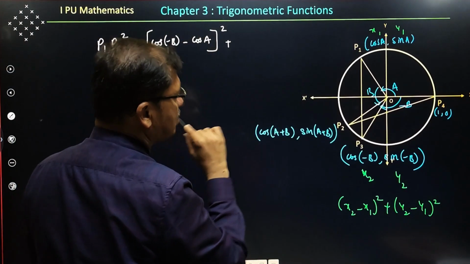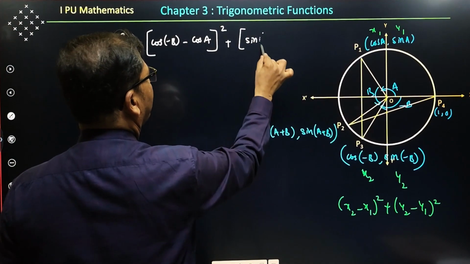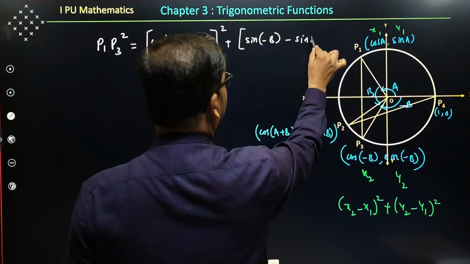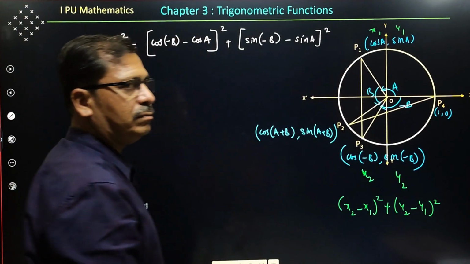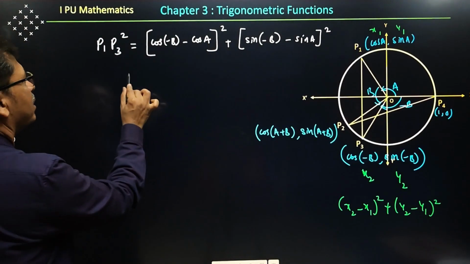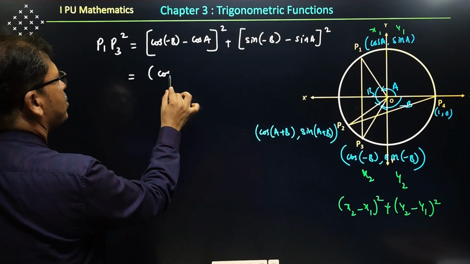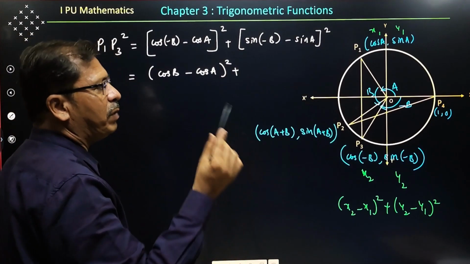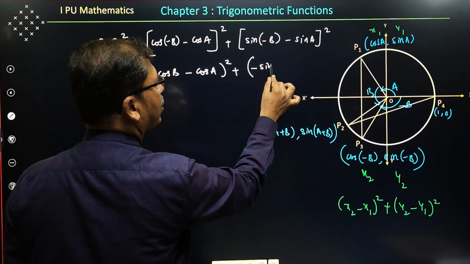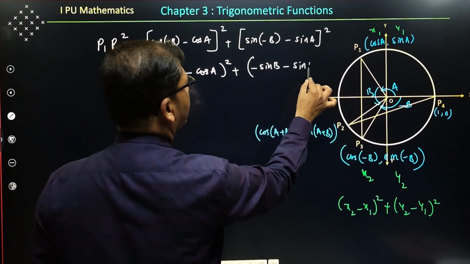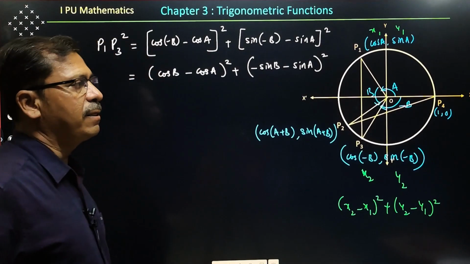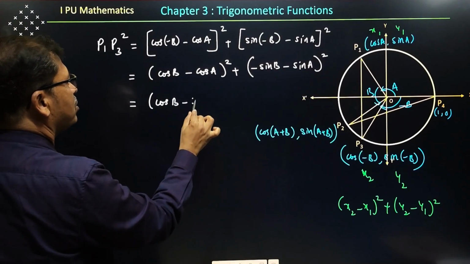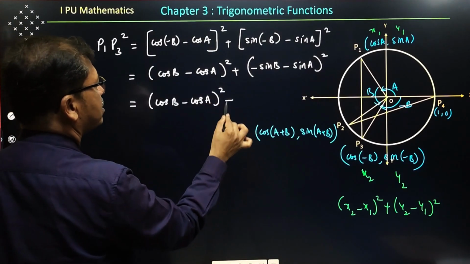of minus b. This is y2 minus y1, where y1 is nothing but sine a. Take the square of this. Now let us take this one: cos of minus theta is cos theta only, so it is cos b minus cos a bracket square. Sine of minus b means the minus comes outside, according to the quadrant rule. You have already studied the allied angles. Then take the square here. So further this is equal to cos b minus cos a to the power 2 plus